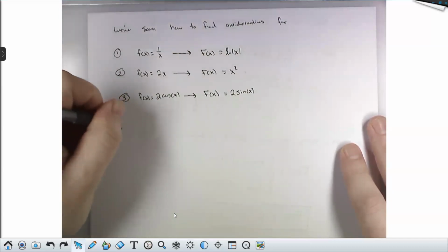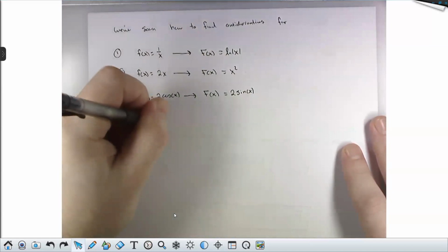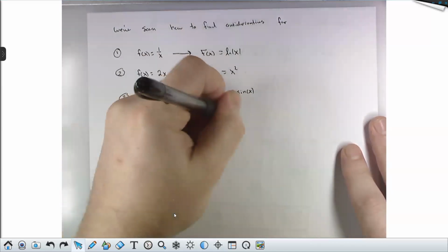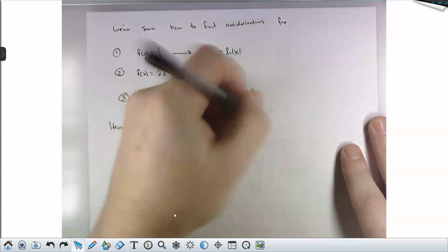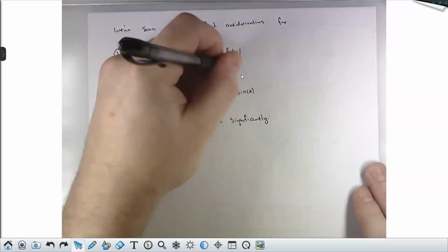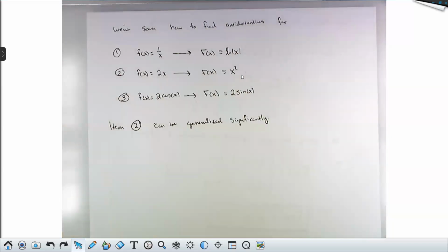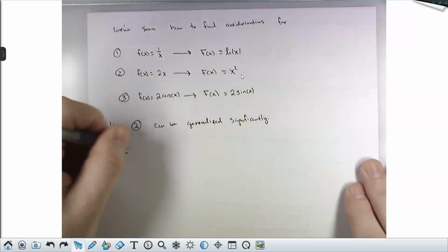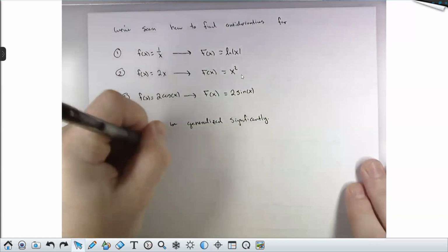Item 2 can be generalized significantly. What's really going on with item 2 here? Well, it's that I recognize this as the output from the power rule for this. So we'll say recall the power rule for derivatives